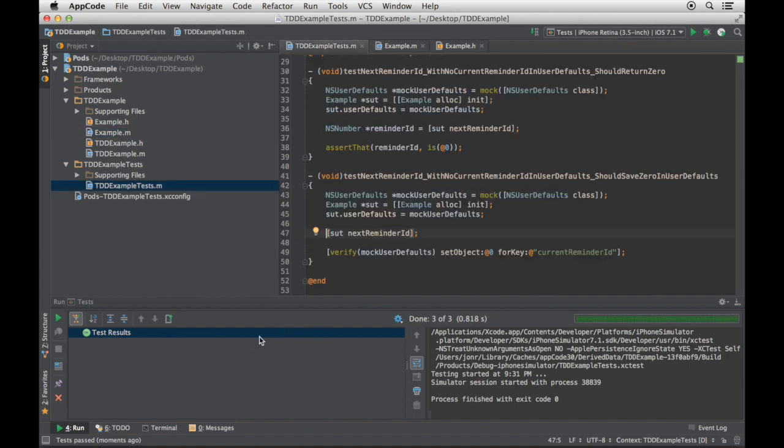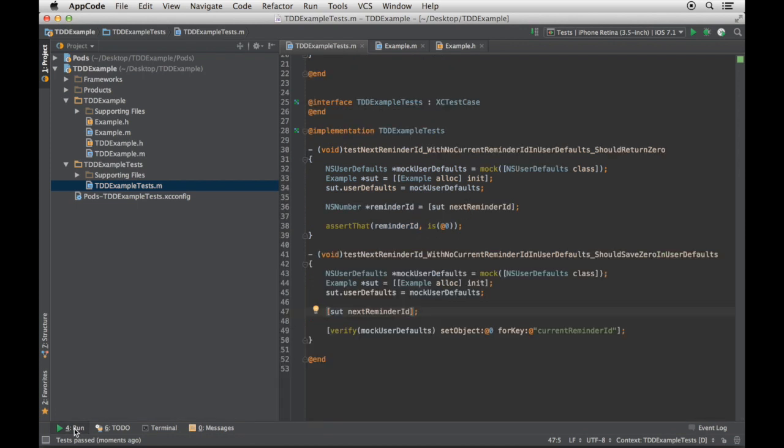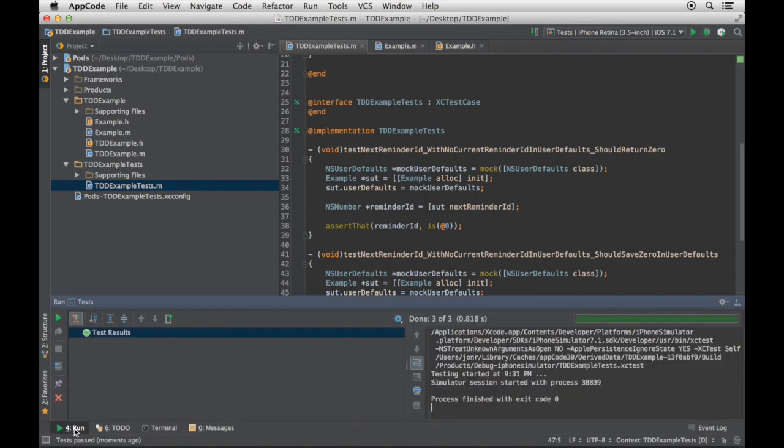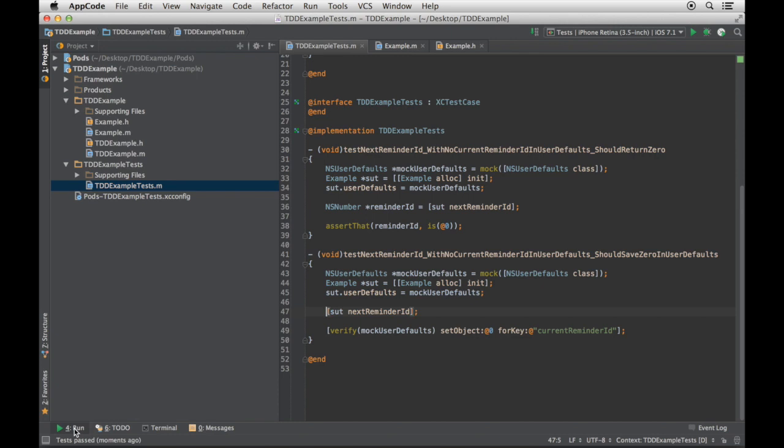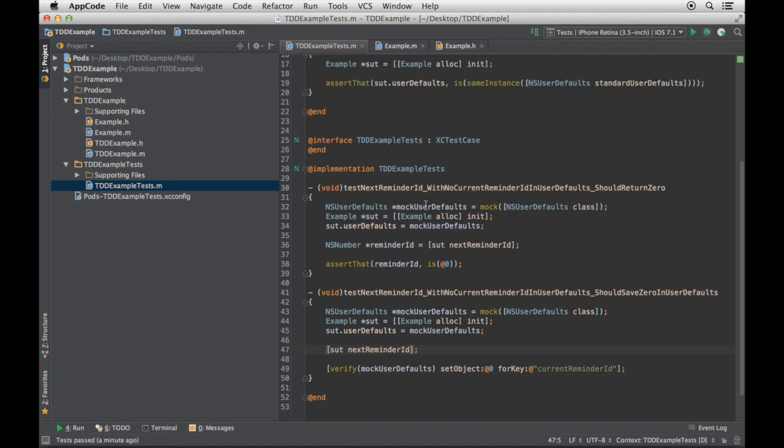Oh, here's one more thing I want to show you. In Xcode, when panels come in and out, they slide in and out with these fancy animations. Well, guess what that does? That slows you down. I want them to pop in and out. And I really wish Xcode had a setting to turn that off. All right, let's do a little refactoring here.